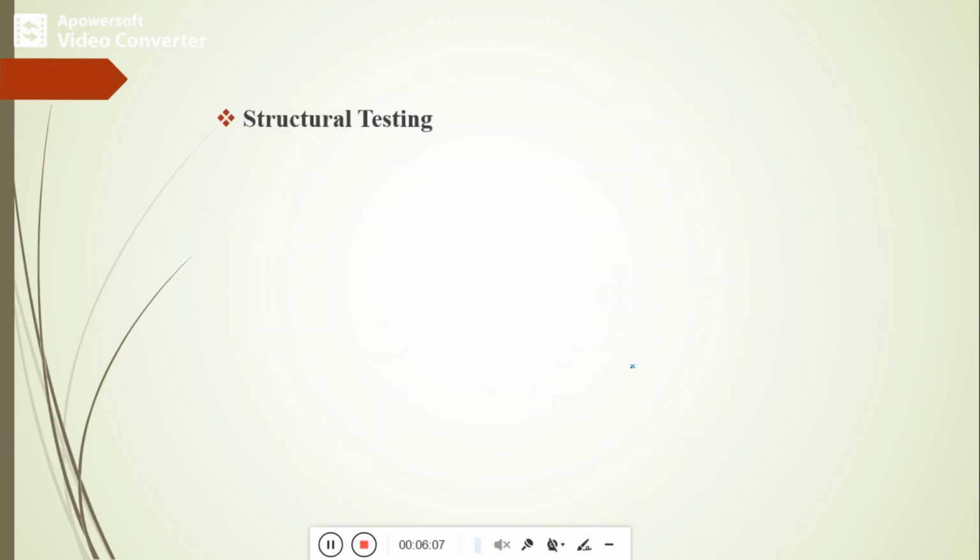Now we will move to the second type of fundamental approach of testing, which is structural testing. It is totally the opposite of the functional testing technique. Under this technique, we also call it white box testing. Why? Because the implementation part of the code or product is visible to the user, that is, known to the tester. Therefore, we call that type of testing technique structural testing.